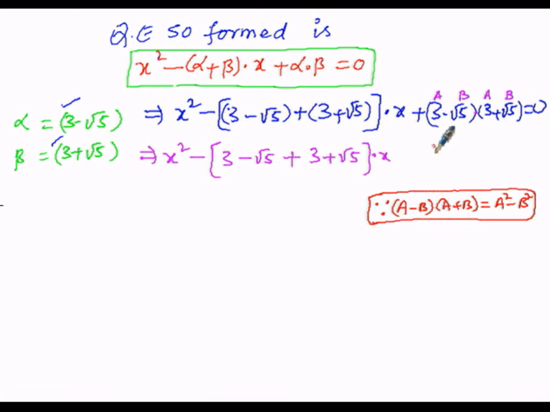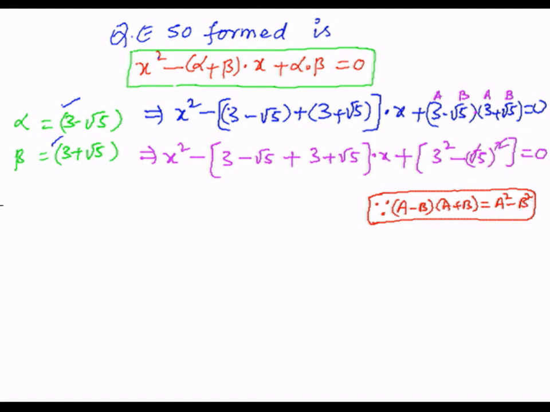So here I am going to write it as, a must be substituted as 3 and b as root 5. It is in the form of a minus b into a plus b, so it equals a square minus b square, that is 3 square minus (root 5) whole square, bracket close, equals 0. The square and the root get cancelled. So here I got this step, a square minus b square, based upon this special product.